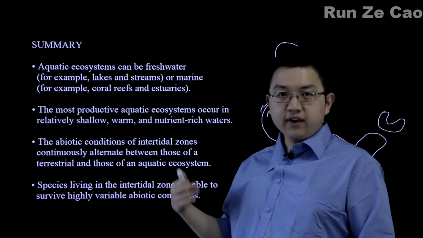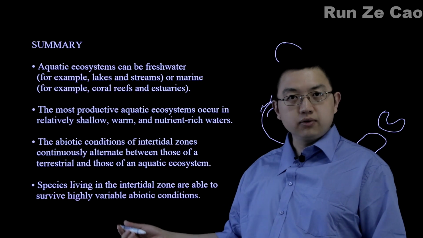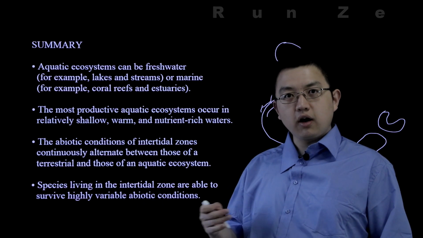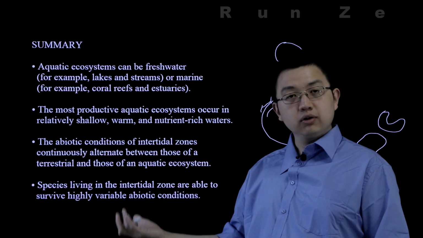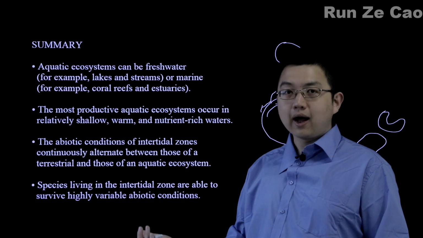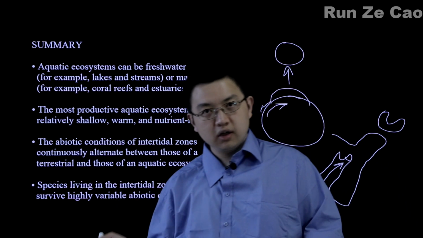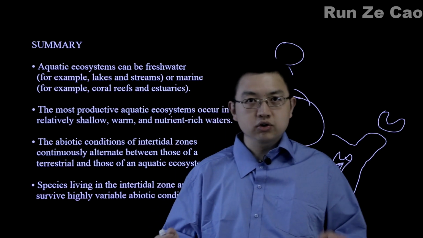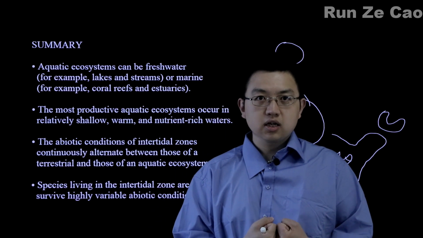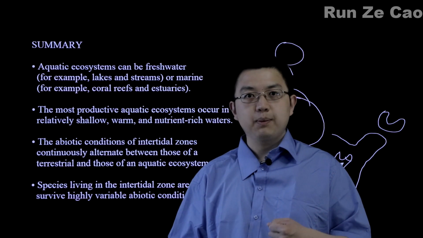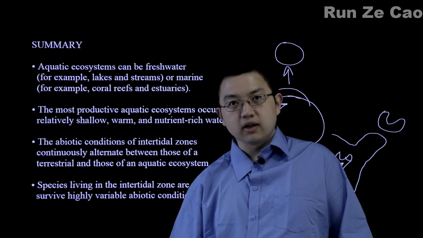Now, anything that lives in an intertidal zone must be adapted to all these changes, which means that they are fairly tough creatures, but also that they tend to be adapted only to intertidal zones. Why? Because to adapt to deal with all of these shocks means that you might not be so good in stable conditions, and you might not be able to compete with the clams or mussels that happen to live under the intertidal zone.